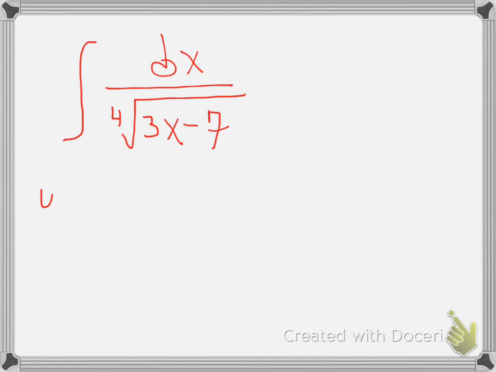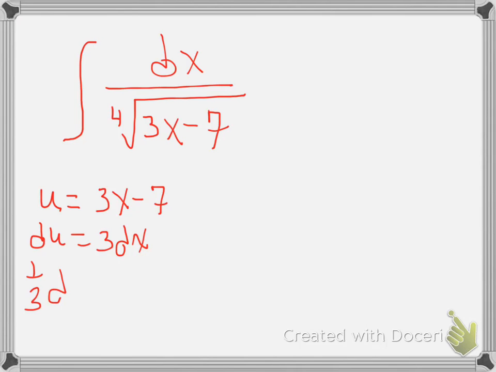So what I'm going to do here is let u equal 3x minus 7, and that makes du equal 3 dx, or 1/3 du equals dx. And now what I can do is rewrite this integral as 1/3 times the integral of u, and instead of writing it 1 over the 4th root, I can raise that to the 1/4 power